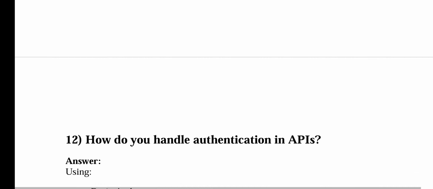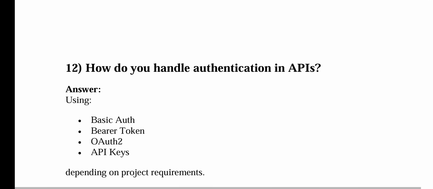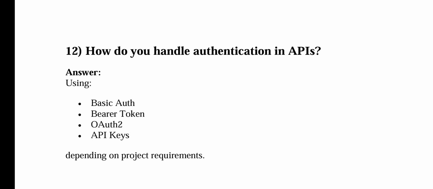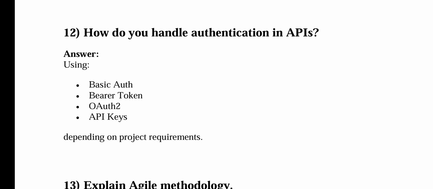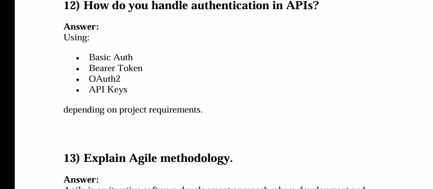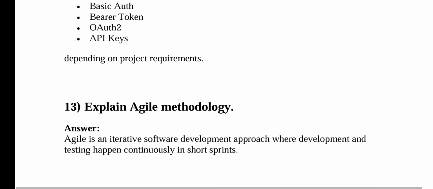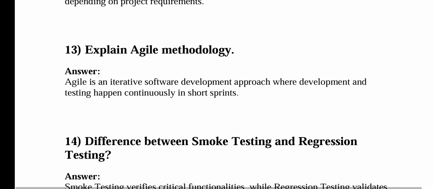Okay, the 12th question goes like, how do you handle authentication in APIs? You can tell this in short form, like using basic authentication or bearer authentication or OAuth 2 authentication, or using API keys, depending upon the project requirements. Okay, the next question goes on the agile methodology, and in short you can tell agile is an iterative software